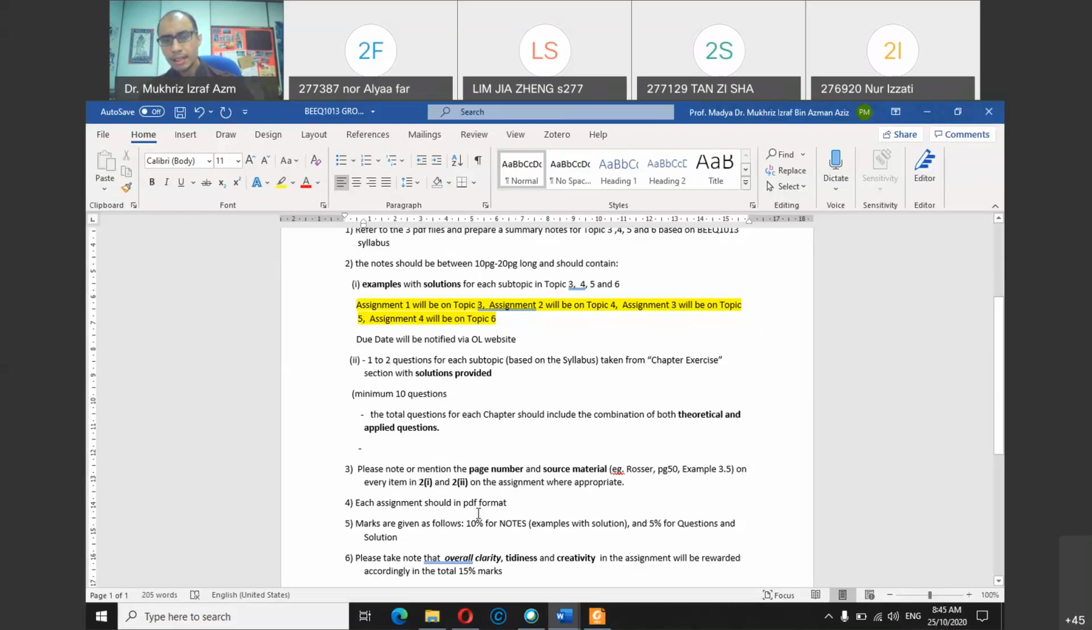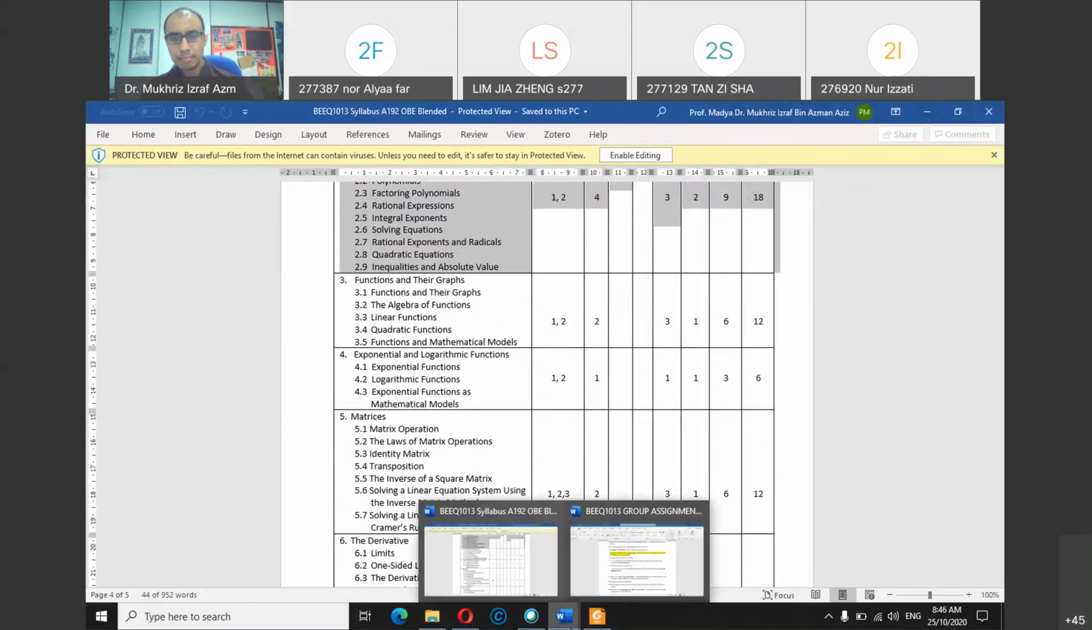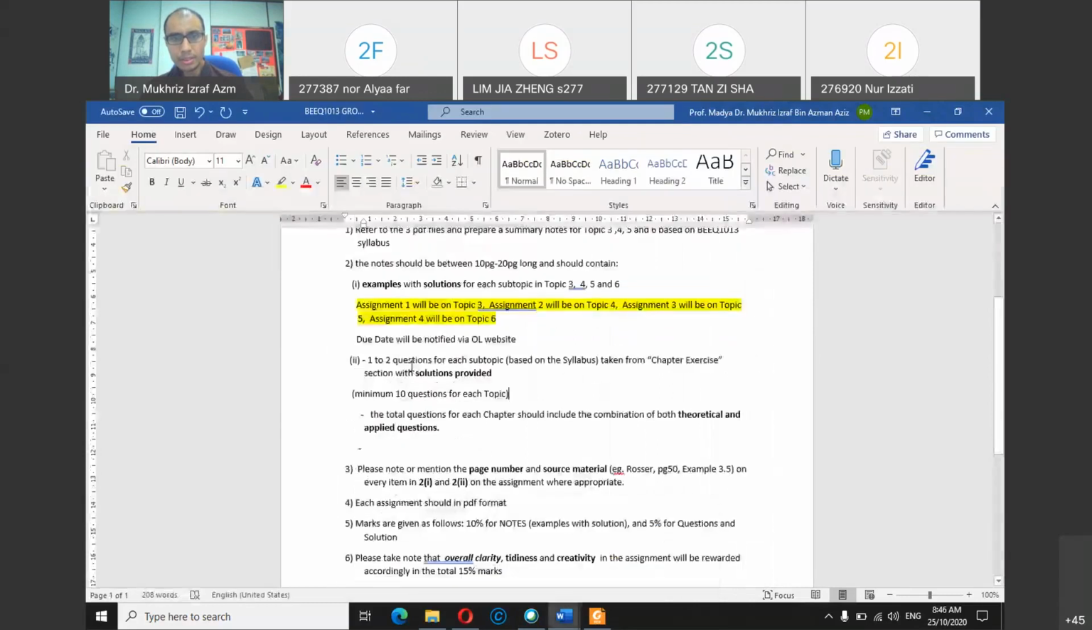Because I provided you quite plenty of ebooks for your assignment, finding questions shouldn't be that difficult for each topic. For example, in topic number 4, you only have 3 subtopics. So if you make only 6 questions, I think it's a bit too little to discuss. But for the notes, the number of questions only applies